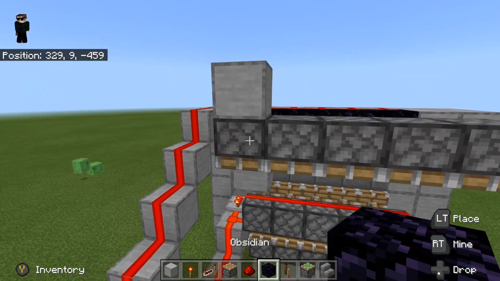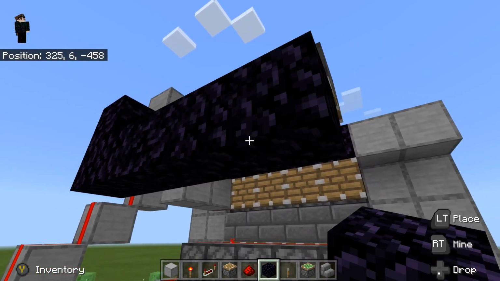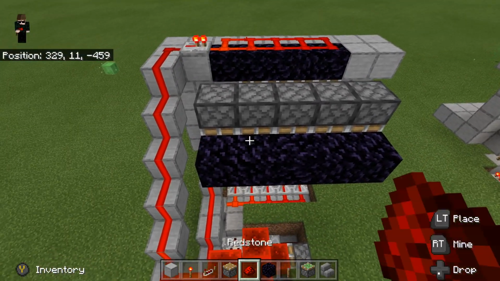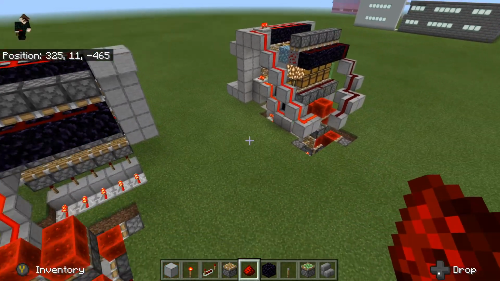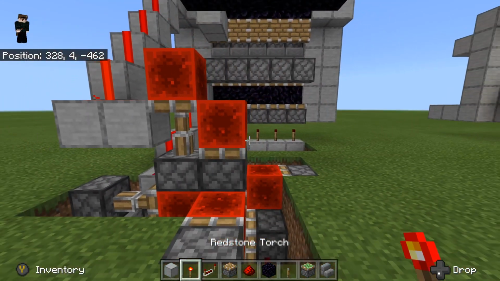And then we want to add in our immovable blocks here all the way across in a line like so. And that looks pretty good. Now what we can do is we can just put a redstone line here like I do on screen, and that should work perfectly. Now what we're going to do is we're going to make a little way up here